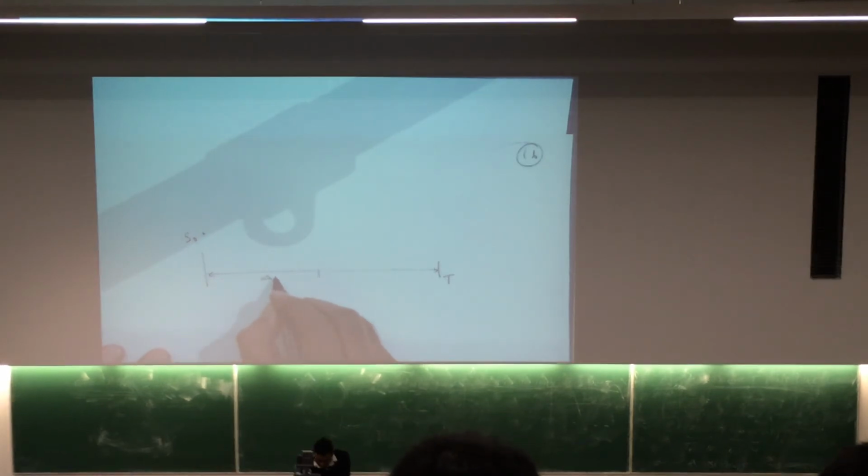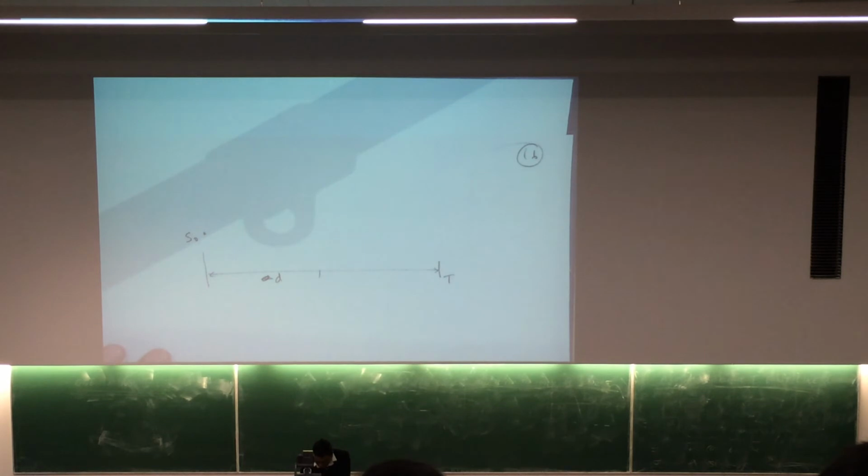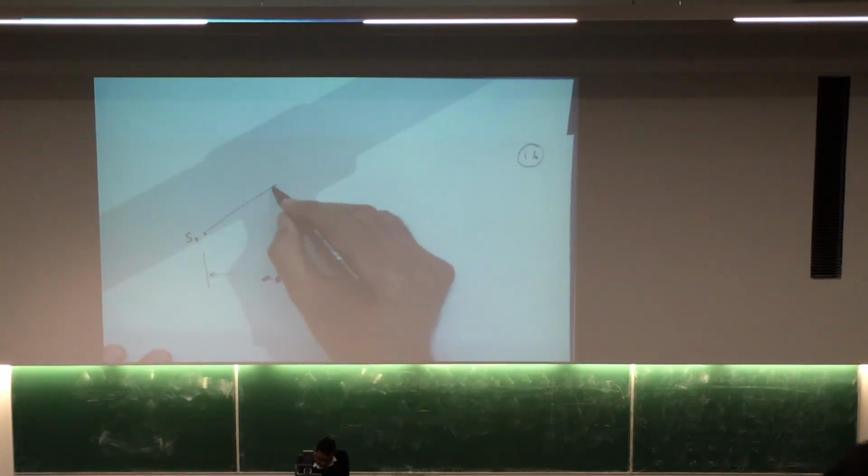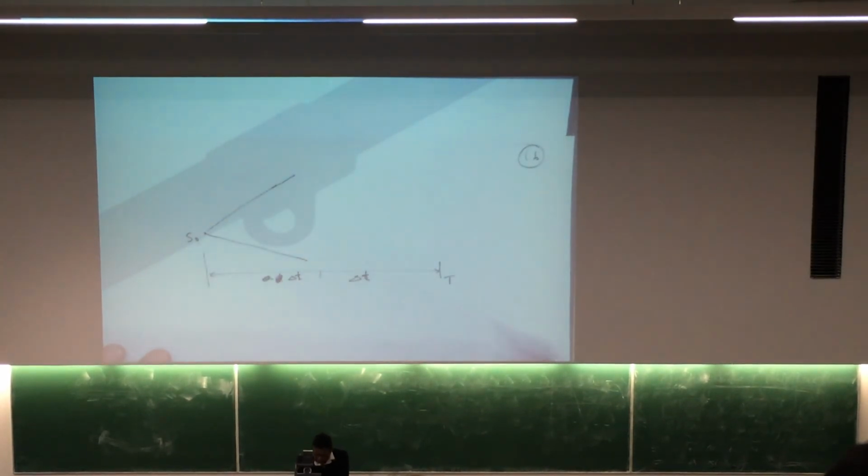Let us say that this is a small t. Let us say, I just call this delta t. This is another delta t. Or you may better use small t. That's fine. Okay. So the world might go up or go down.